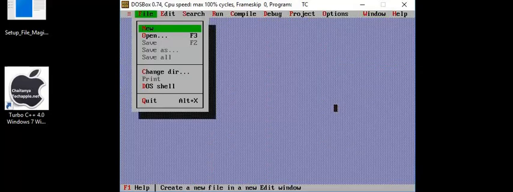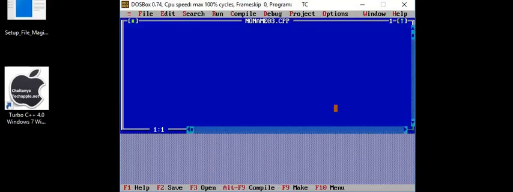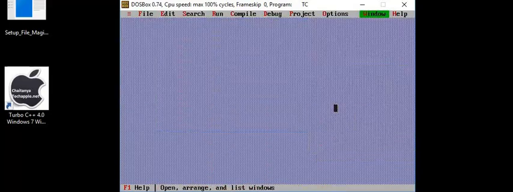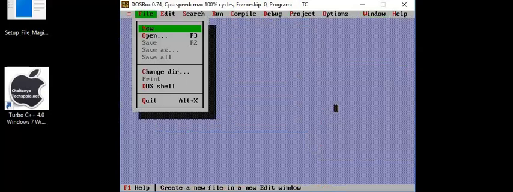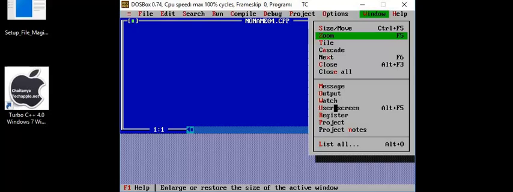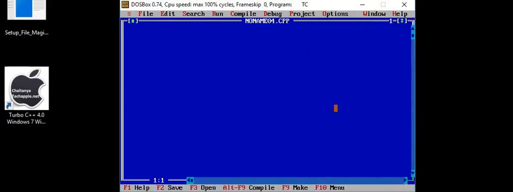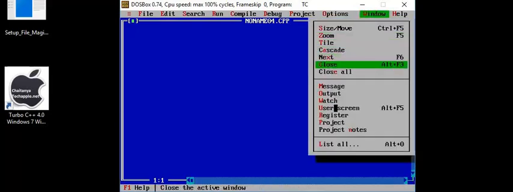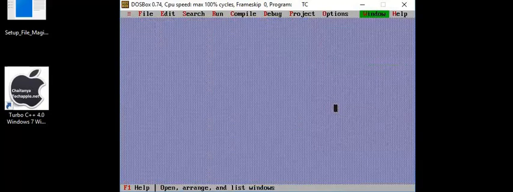Alt F. File menu. New. Alt W. Window menu. Close. Alt F is for new. New option. Alt W. Then go for zoom and you can close it. Alt W, then close. I request all of you to make use of shortcut keys also so that you can run the program early. All of you belong to computer science and engineering. You need to be thorough with shortcut keys also. That is most important.